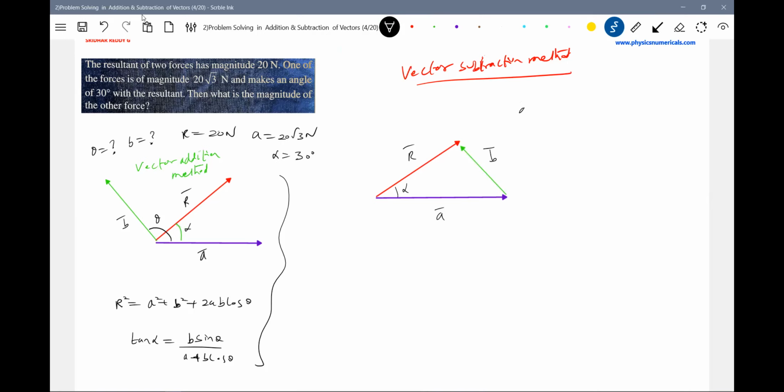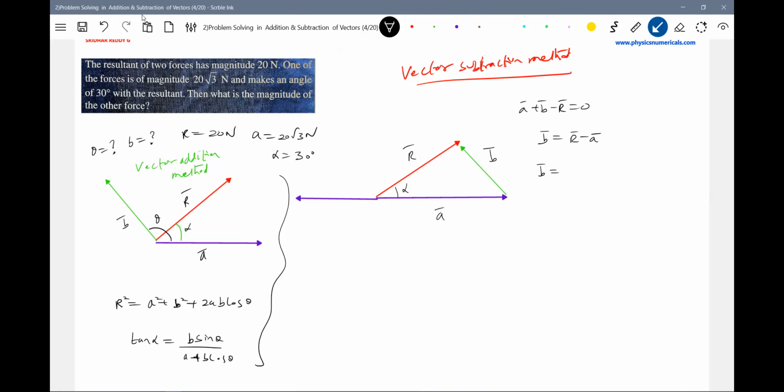Then what are you going to do? A bar plus B bar minus R bar equals 0. Yesterday, I think we had a very nice discussion about these things. So A bar plus B bar equals R bar. It is the same story. I'm interested in B bar. So what is B bar? You can write it as R bar minus A bar. So R bar minus A bar is what we will bring like this here.